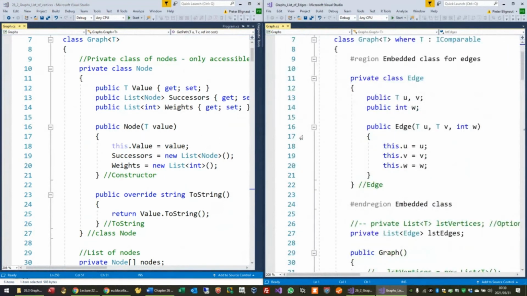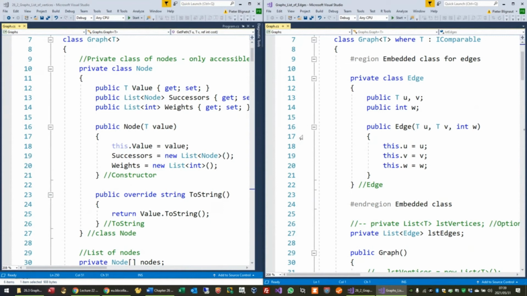So compare the embedded classes, the node class in the two implementations, and compare them, put them next to each other, and make sure that we understand how they differ. And once you have this embedded class, the rest of the methods follow by itself. You just follow the logic to do the methods for add and remove, etc. But we have to understand this difference between a list of vertices on the left and a list of edges